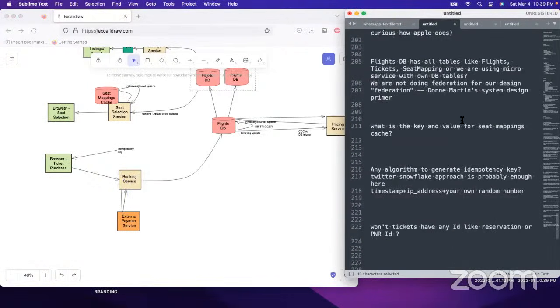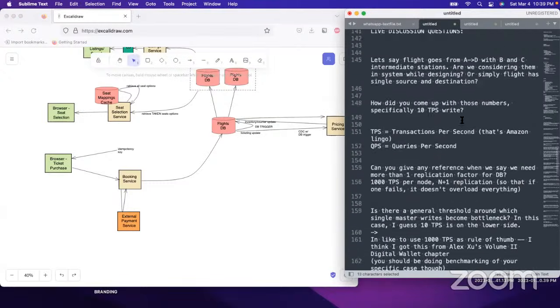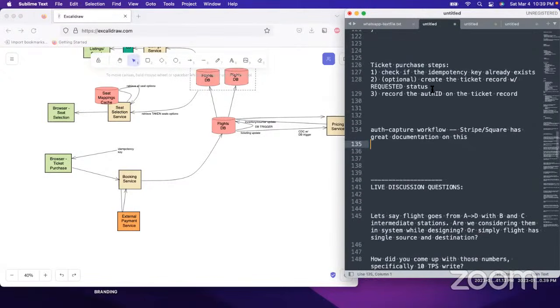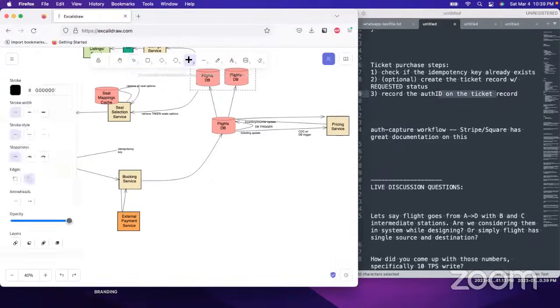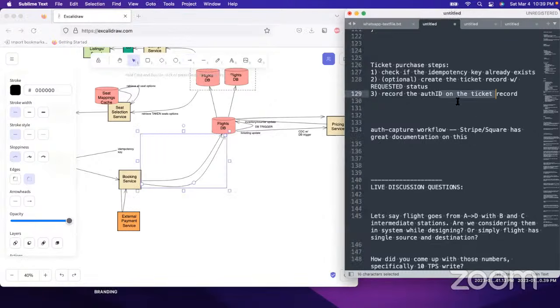And then we want to do, where are my steps? There they are. Okay, record the auth ID over on the flights DB. So that is a second call that we're going to make. So really fancy partial failure scenarios here, and that's why we really need that check first. And then 4, record it there and update the status